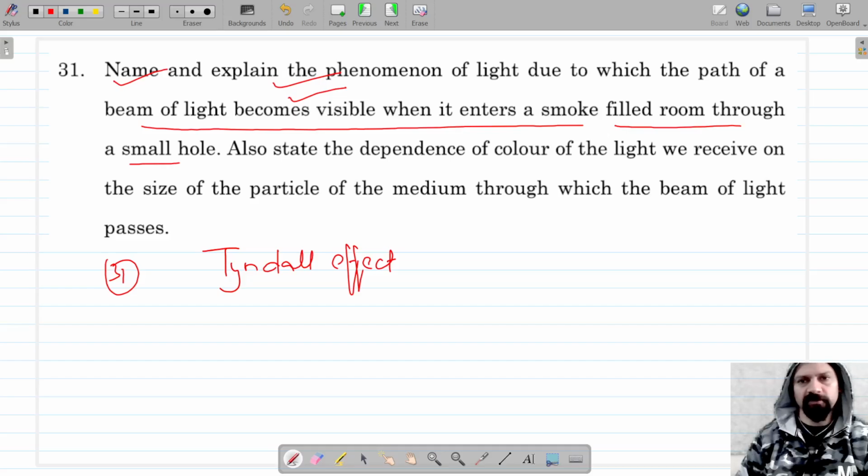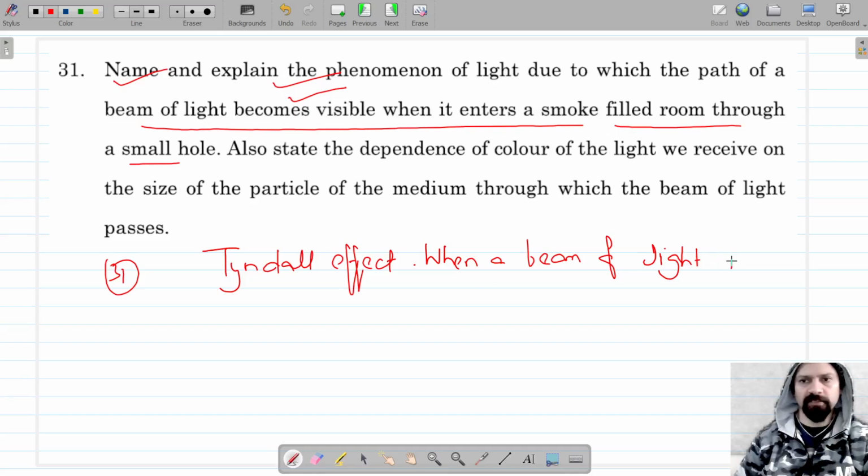Now we have to explain this phenomenon. So in this case, we can write that the name of the phenomenon is Tyndall effect, and it says that when a beam of light strikes the fine particles of smoke,